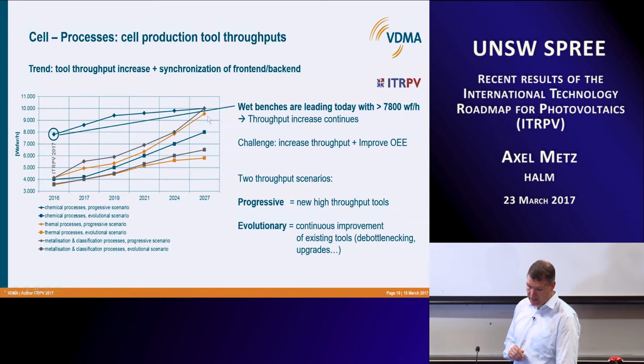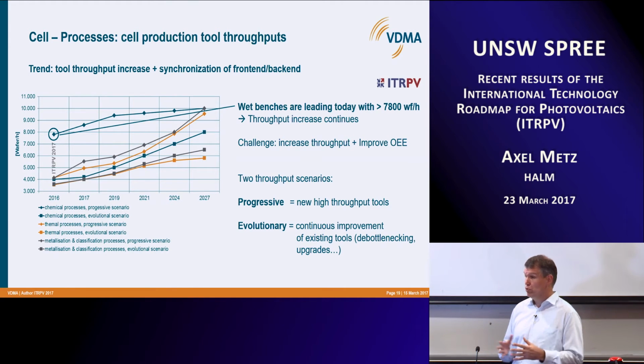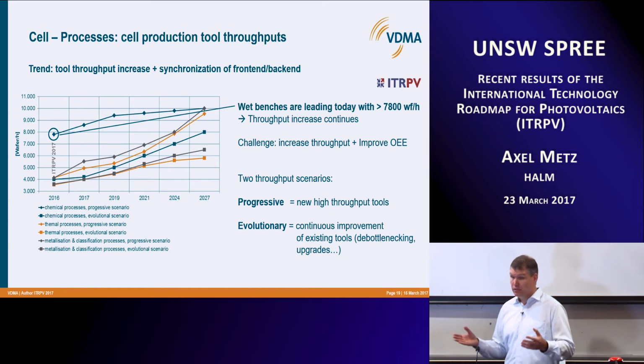So basically a progressive part where eventually within a 10 year time frame, all the equipment will do 10,000 wafers per hour. Today you already have wet benches which can do close to 8,000 wafers per hour. With a huge increase in capacity and the need for further cost reduction, you will see the need to go to higher throughput equipment, because throughput has been a major cost reduction factor in the